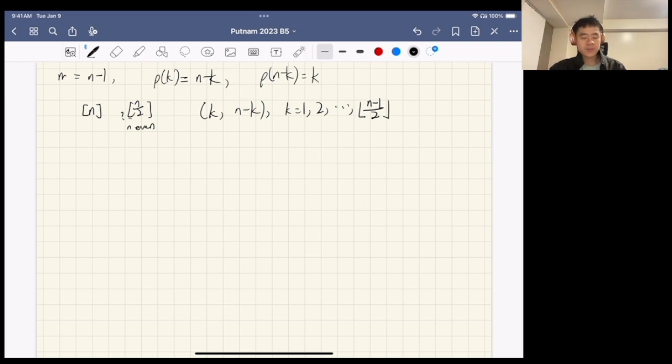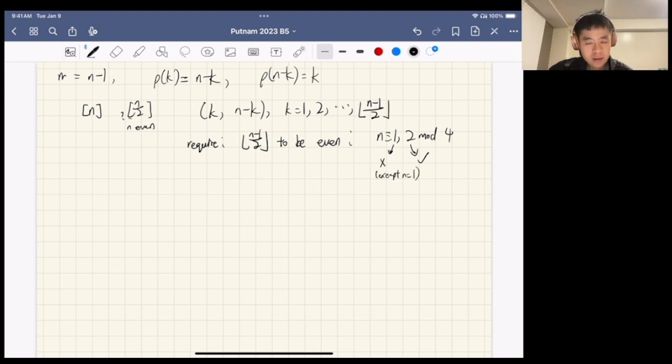So this means that we require the floor of n minus 2 or n minus 1 over 2 to be even. Meaning that n has to be congruent to 1 or 2 mod 4. And this itself is already pretty good progress, because the next thing I'm going to show you is that we can treat each of these separately. So it turns out that in most cases, this is going to work. This is not going to work except